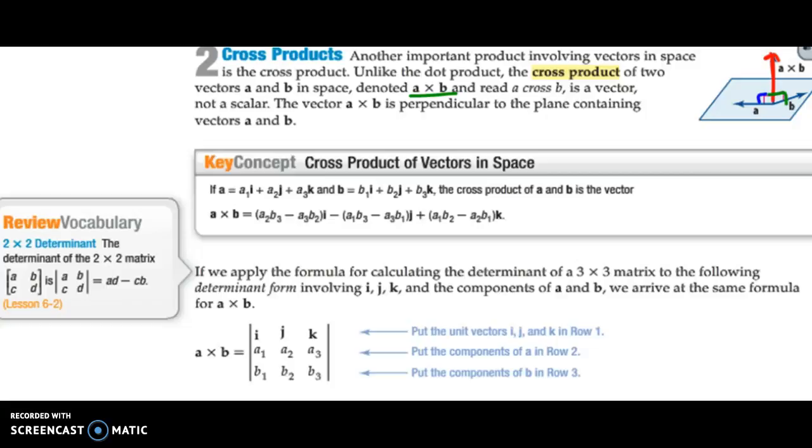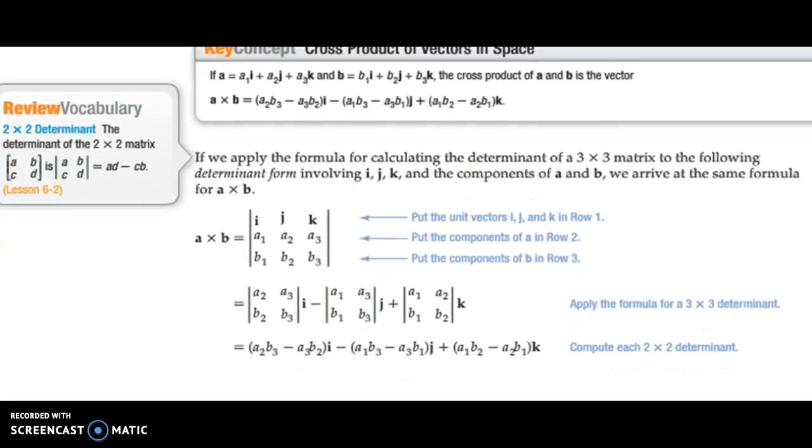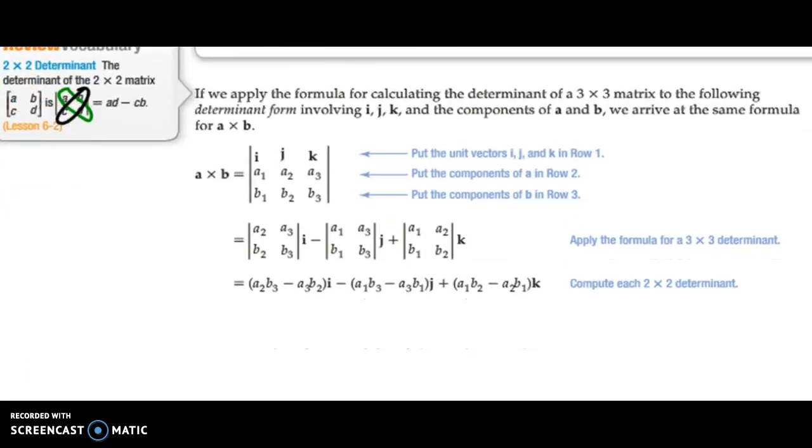And the way we do that is we have to know what our two vectors are, and we find their cross product. Now to do this, you have to think back to matrices. How do we find the determinant of a matrix? What we do is we take AD and then subtract BC. So if I'm looking at a matrix right here, I take the crosses and subtract them. So in a 3 by 3 matrix, or I guess in this case it's a 3 by 2, you'll see